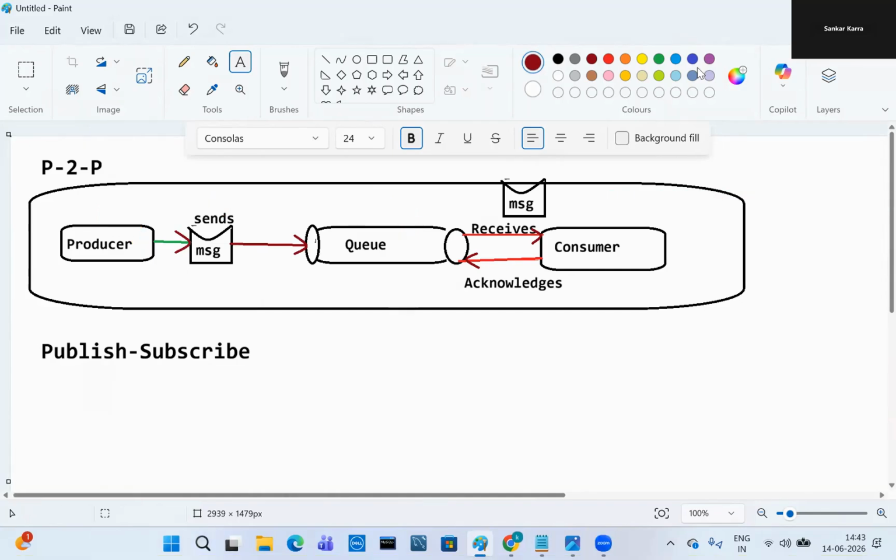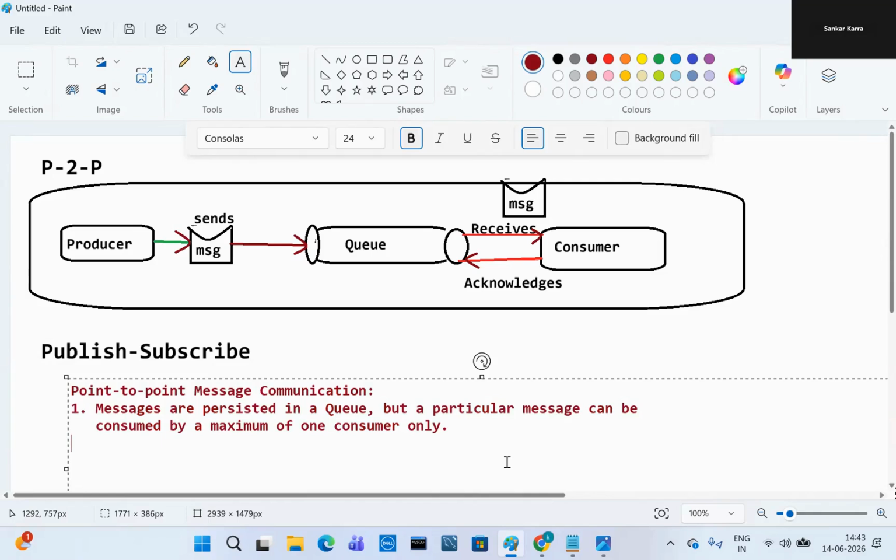After consuming, what happened? Once a consumer reads a message in the queue, it disappears from that queue.